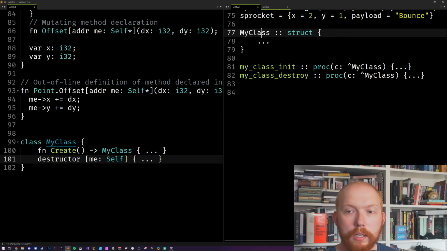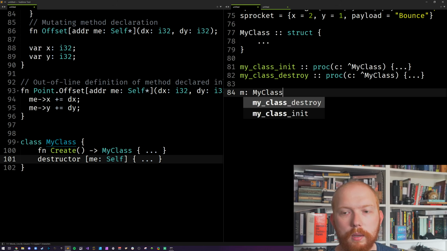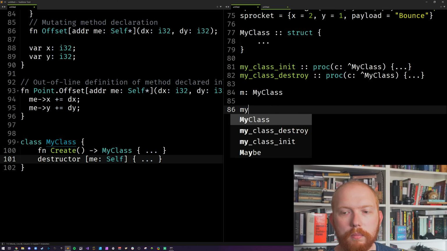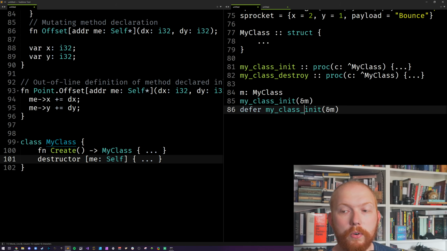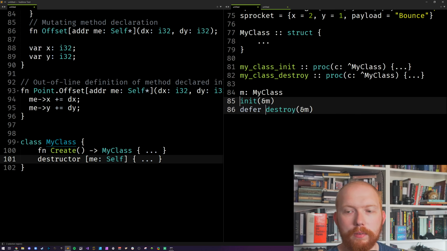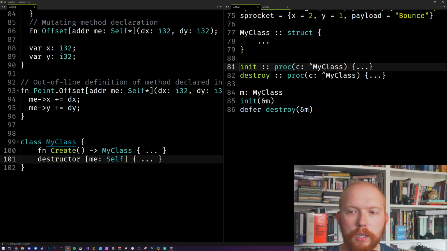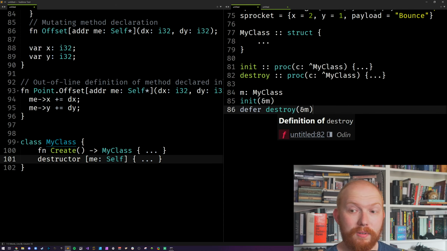And then I usually have a destroy in there as well. And then when you're doing this, M for my class init, and to make sure you've got the destructor form, you can just do defer. Oops, sorry, destroy. And defer it. Sometimes this doesn't even need that. You could probably just have init and destroy in there, and there's no real need for it. But there's a nice kind of benefit to this system.